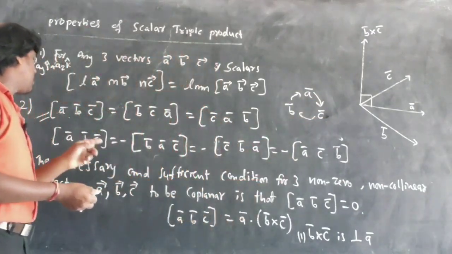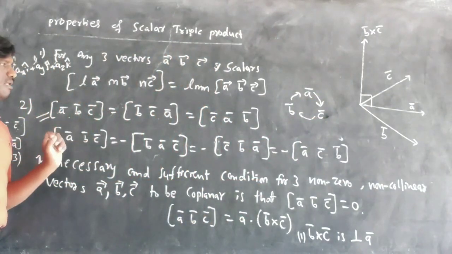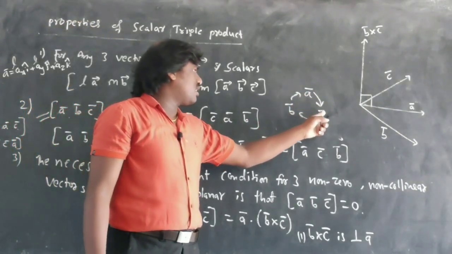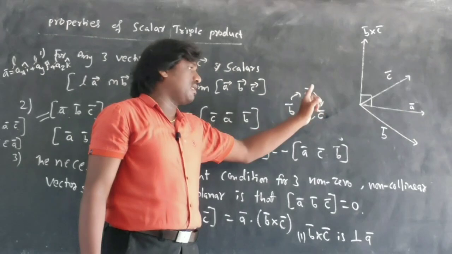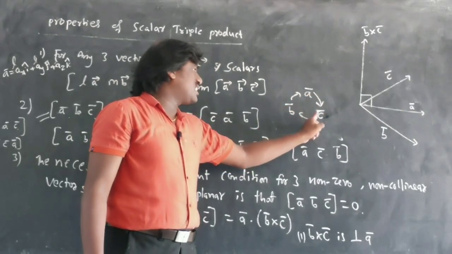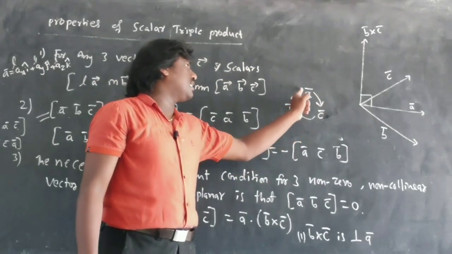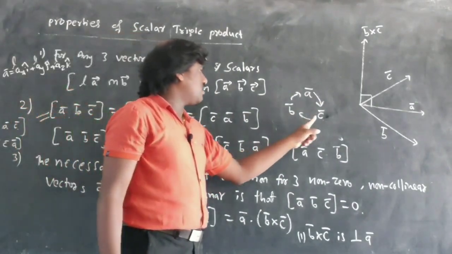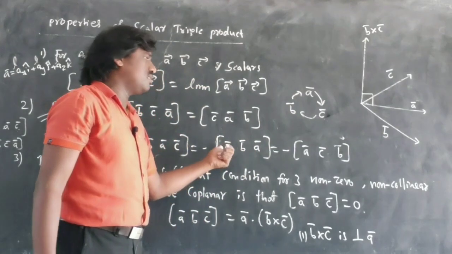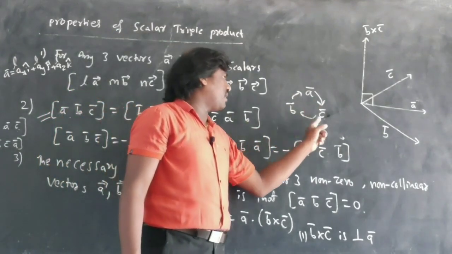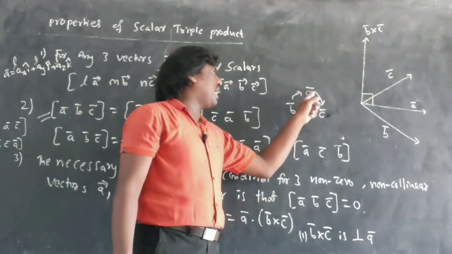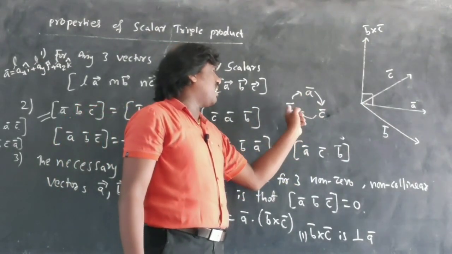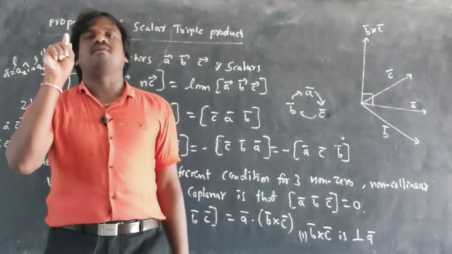So what happens here? The box of ABC will be equal to, see here, box BAC. This is not in the sequence, BAC, but it comes after interchanging. After interchanging, I am getting BAC. So that is the negative answer. And CBA, that is a negative answer, and ACB, that is a negative answer. If ABC order is there, no problem. If the order is changed anywhere, then the box will be negative.